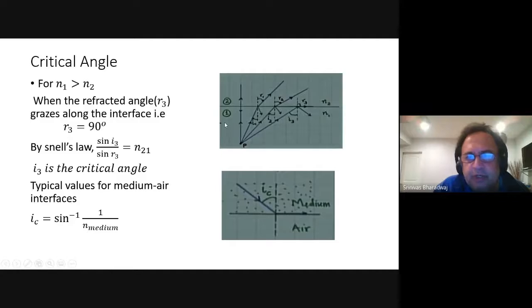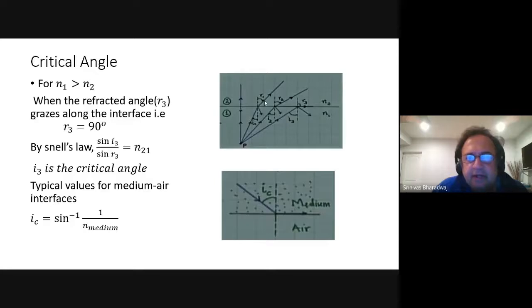So assume medium 1 is air, medium 2 is glass, right? In the normal case, you will have a little bit of the light reflected and quite a significant portion of the light going through a transparent medium refracted. Okay. Now, what is the law that governs the reflection and the refraction? The law is that sine I by sine R is typically the refractive index. Okay. So incident angle, sine I by sine R is N2 by N1.